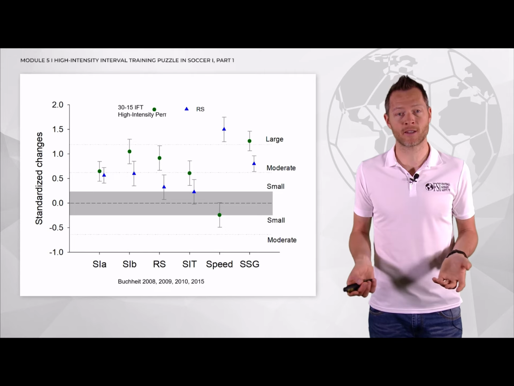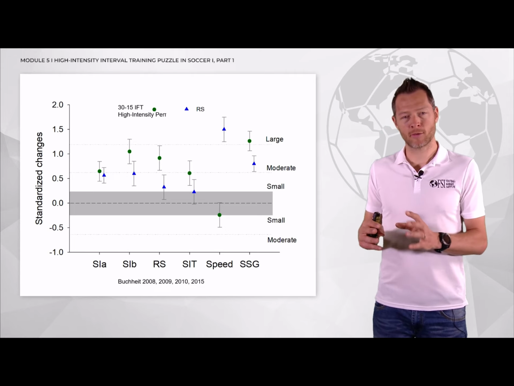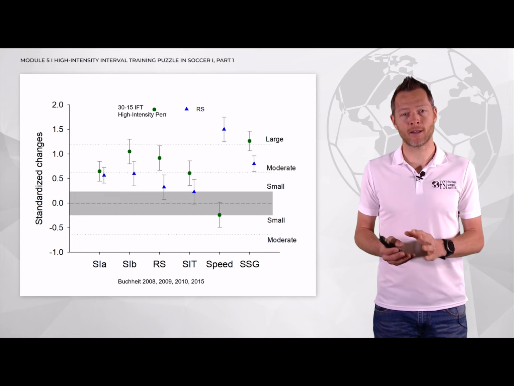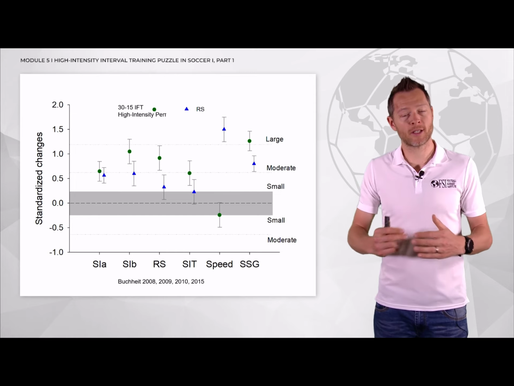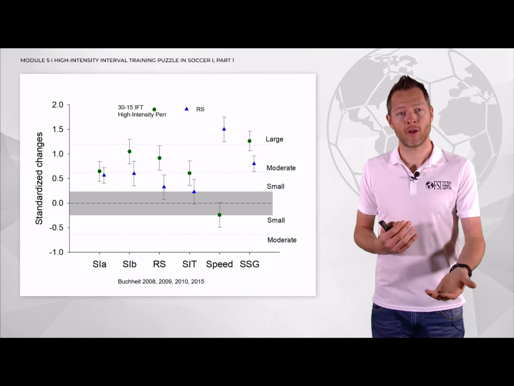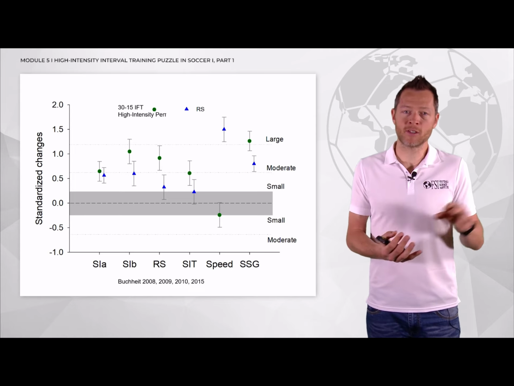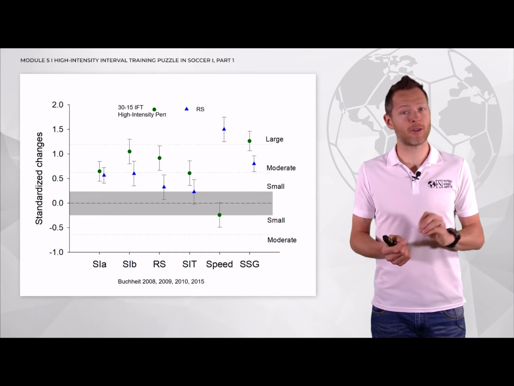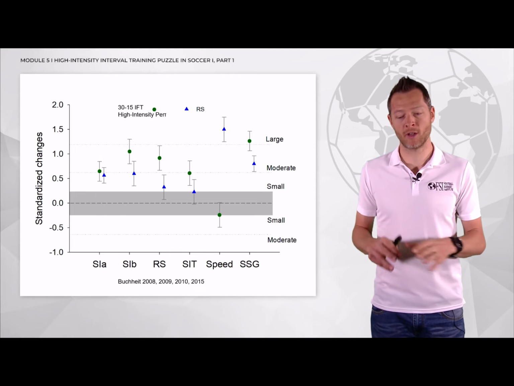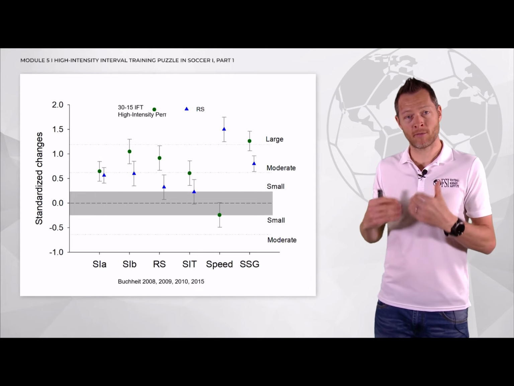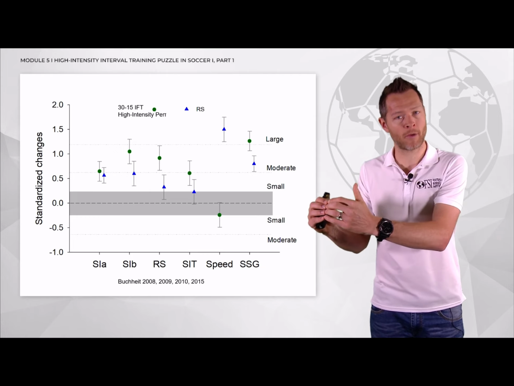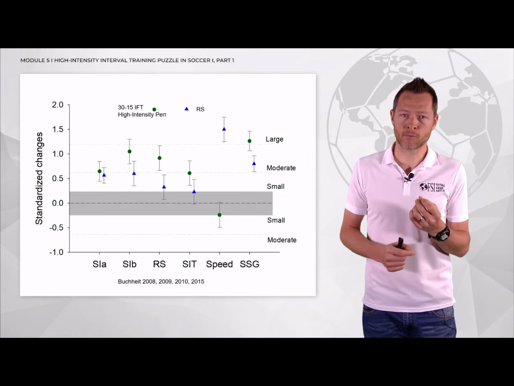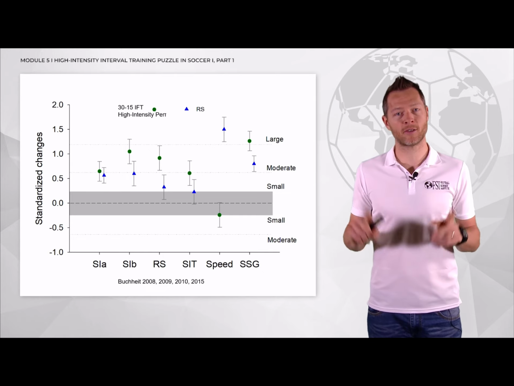which makes total sense. But what I want to summarize with those slides is that in the end, irrespective of the format used, we got more or less the same improvement. So the years I've been using short intervals, other years I've been using repeated sprint and different combinations, most of the time I got my players at the same level of fitness at the end of these 6-week training periods. And I think that's pretty important, and that goes back to the sentence that there are many ways to skin a cat,